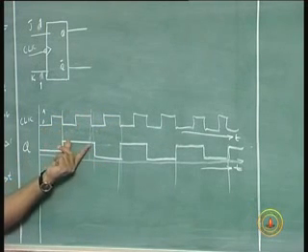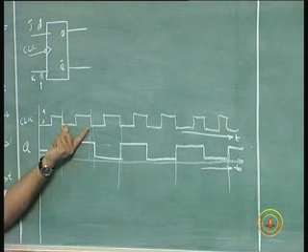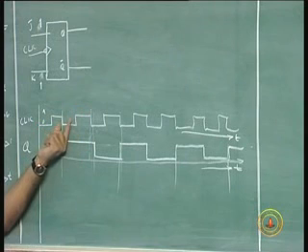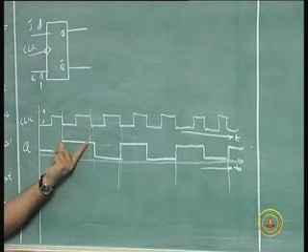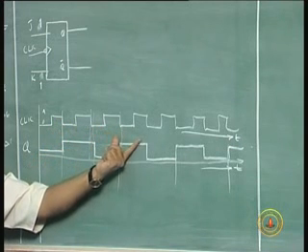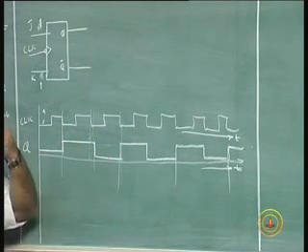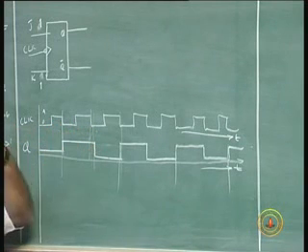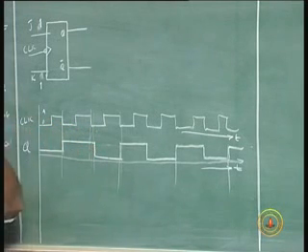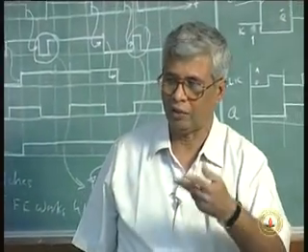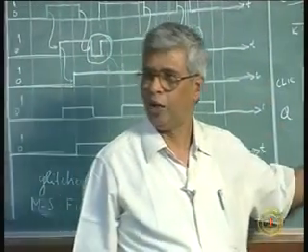Or it is positive for one whole clock period. Earlier the clock period was half positive, half negative, half 1 and half 0. Now a whole clock period is 1. The next whole period is 0, the next whole period is 1, and so forth. So I am having an increase in the clock period by a factor of 2, or a reduction in the frequency by a factor of 2. So if I want to divide a clock frequency by a factor of 2, I can put it through the JK flip-flop and take the output of the